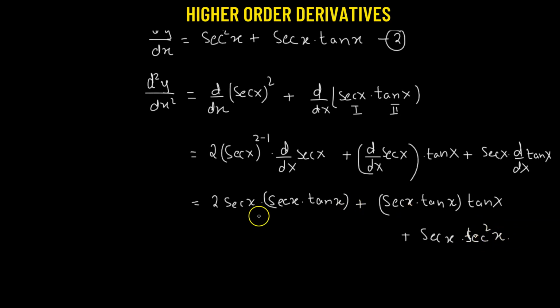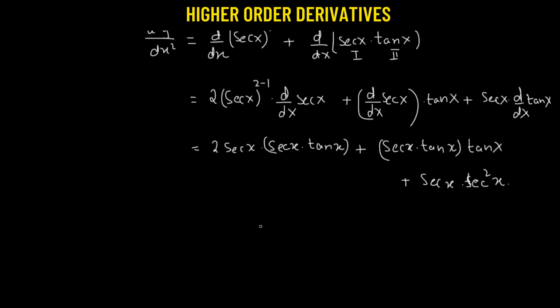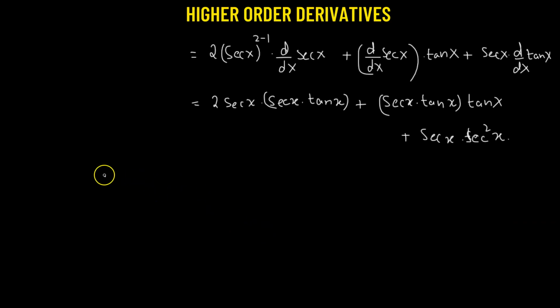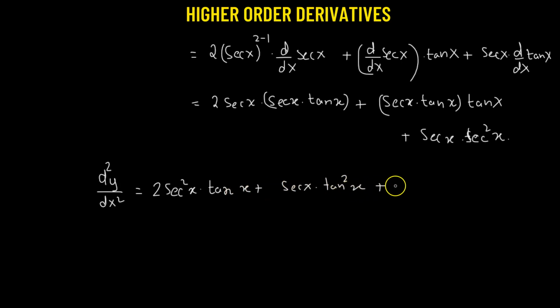Fine. Now let's multiply them. So we have the second derivative of y with respect to x equal to 2 times secant squared x times tangent of x plus secant of x times tangent squared x, plus we have secant of x times secant squared x,